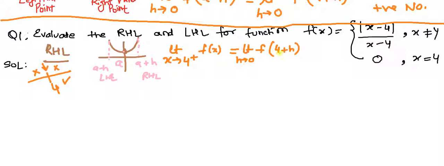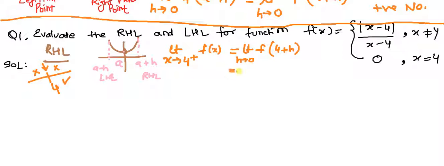It's very simple. If f of x is this quantity at x not equal to 4, and if x is exactly at 4, then you'll consider 0. But here x is not equal to 4. This is something more than 4, not exactly 4 but something more, 4.1, something beyond that. So you're going to use this formula here. Can you open the mod?